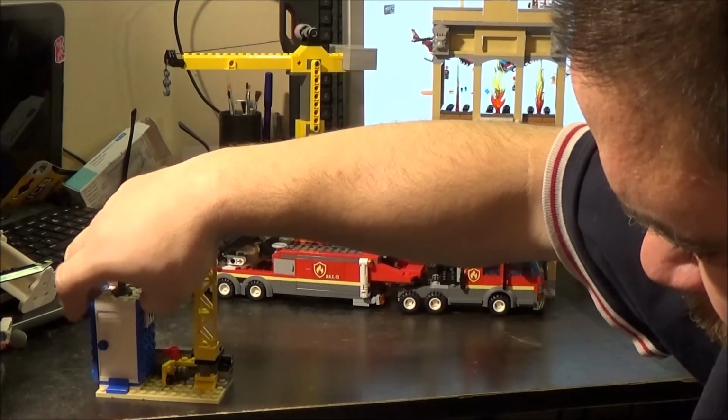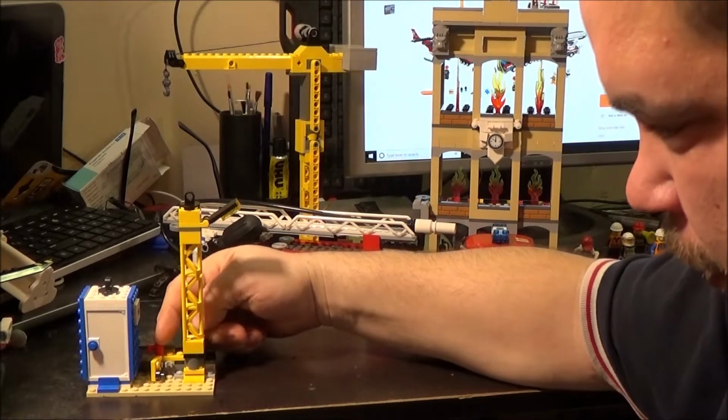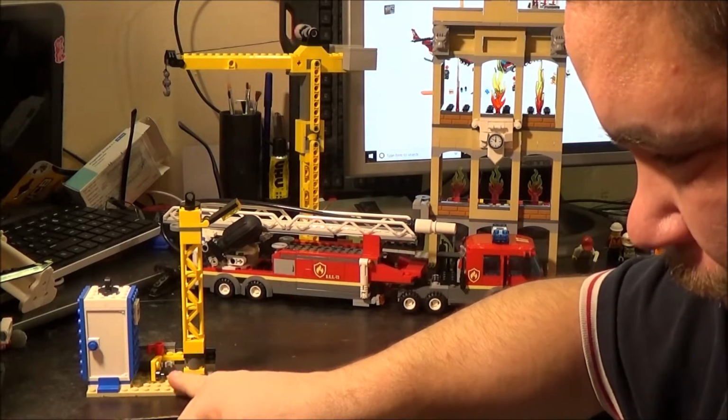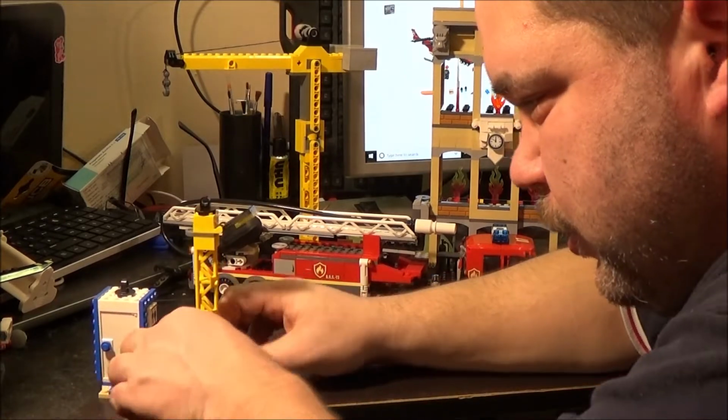And with most LEGO sets, or at least most LEGO City sets, we've got the obligatory coffee cup. I'm not sure what this yellow thing is here. I don't know if it's like a remote control for something or...